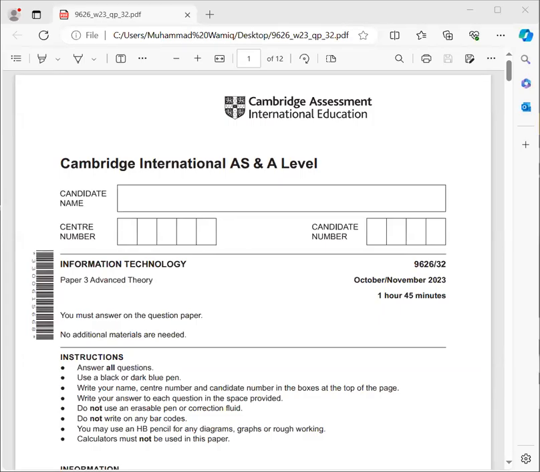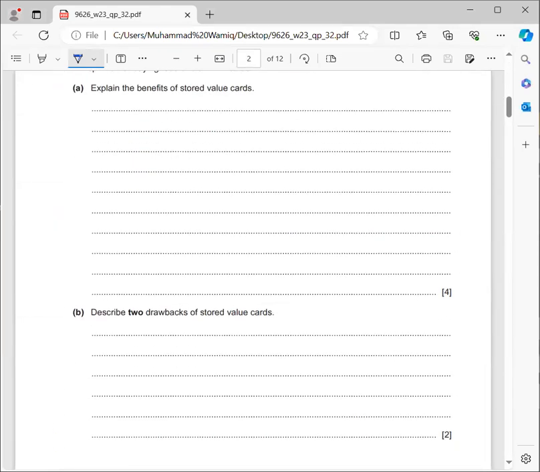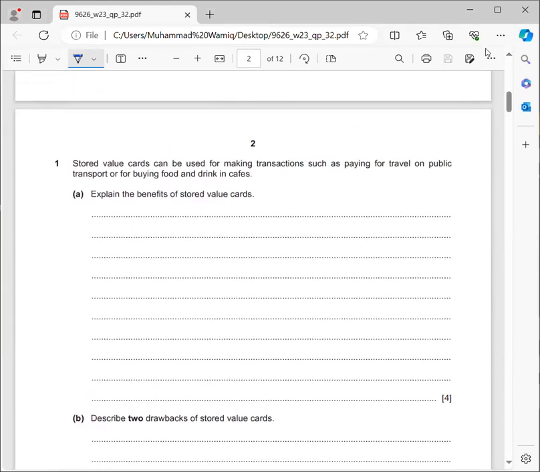Okay, so I'm starting this paper. This is October-November 2023, variant 3 to paper 3. And the first question that I have right here, it is of